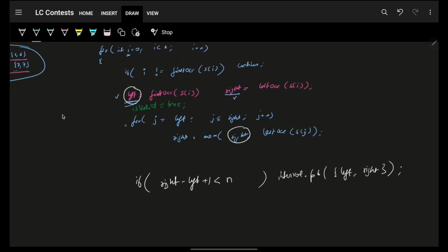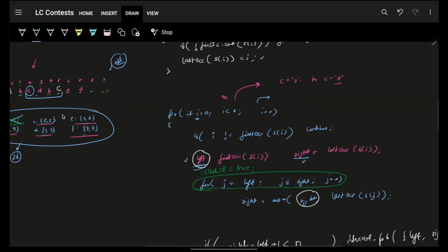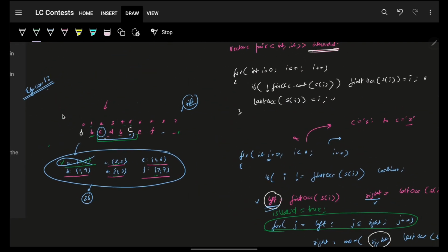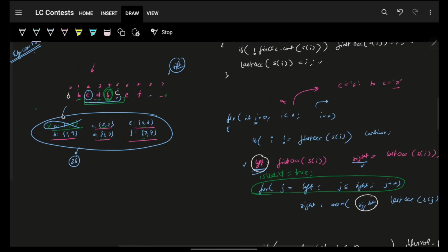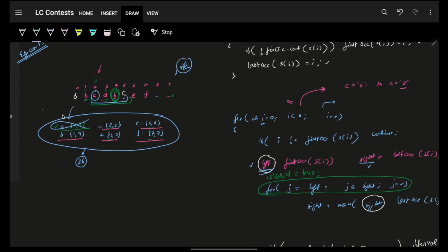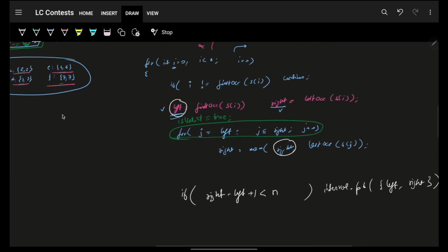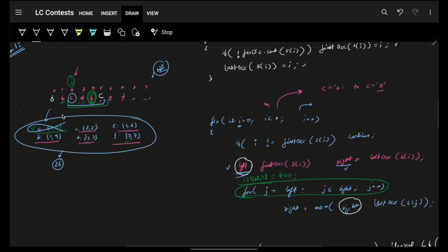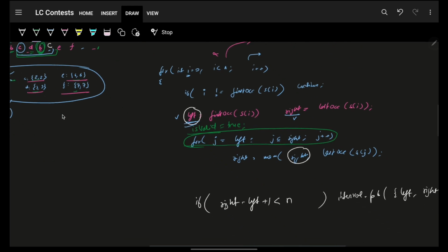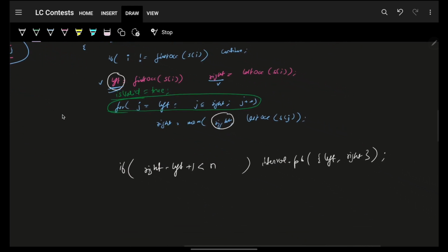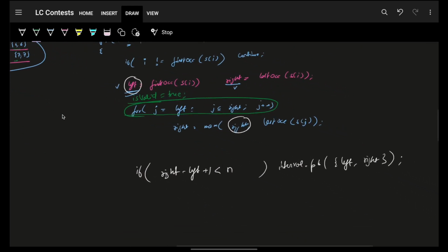But when I'm iterating on the entire range for C, I'm also able to check if any character in between has its first occurrence before the index I, which means that now this range from left to right extended is not valid. So I'll have a simple check here as well. Just simply check that if